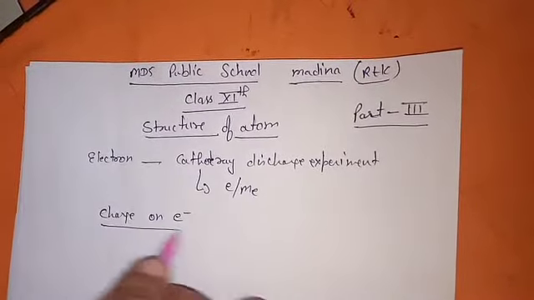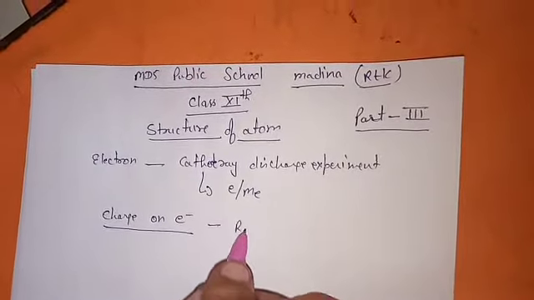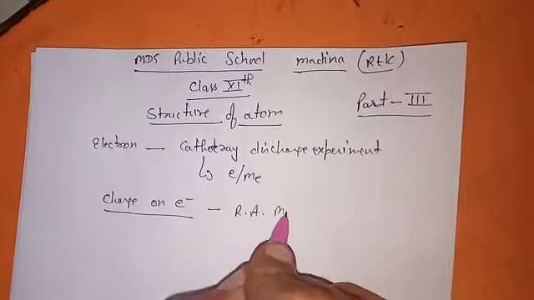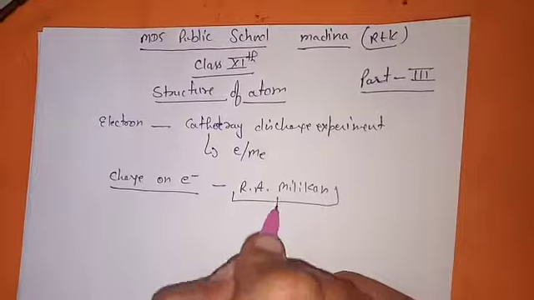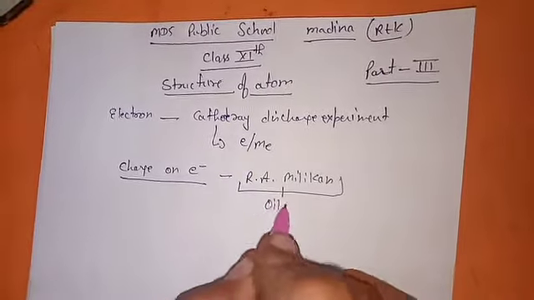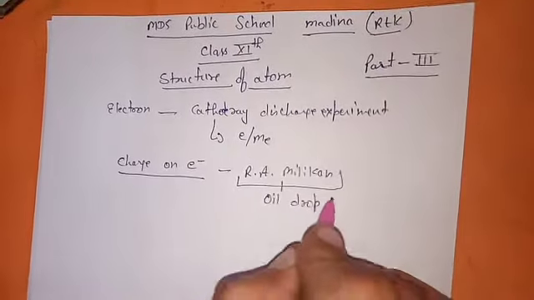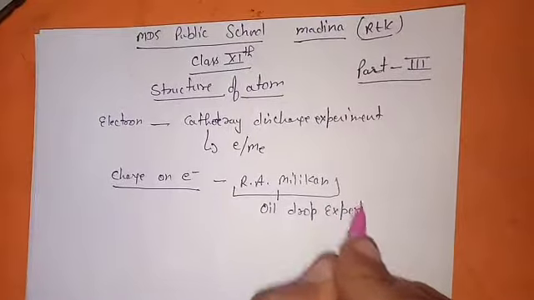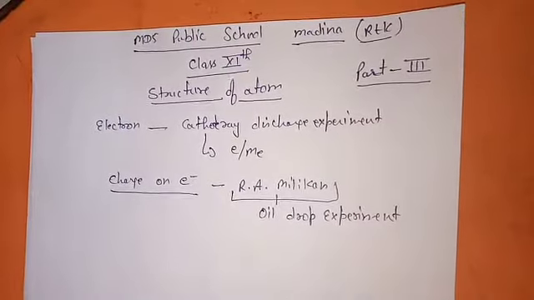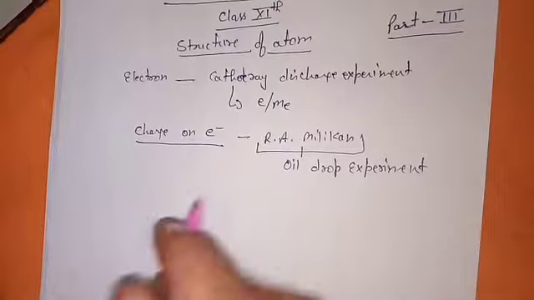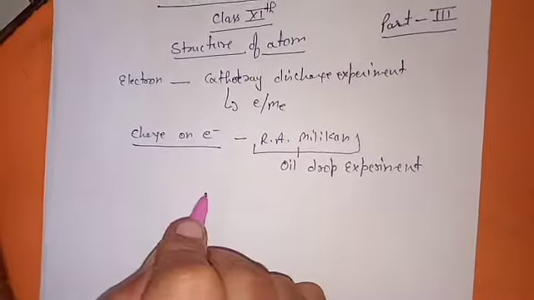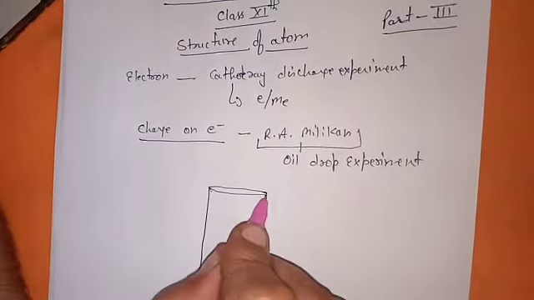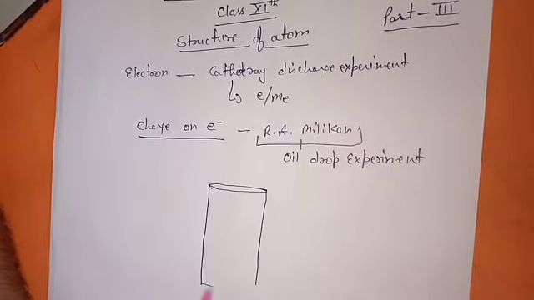The charge on the electron was found by R.A. Millikan. His experiment is more profoundly known as the oil drop experiment. You will see how he found it. First, you must understand the diagram. You will see in your book a cylindrical diagram is given, in which